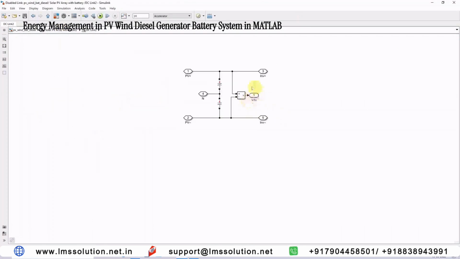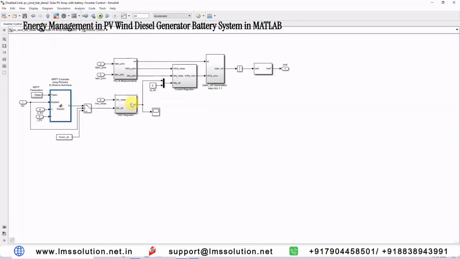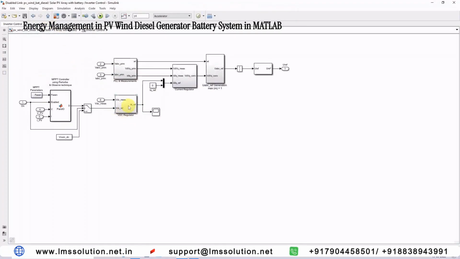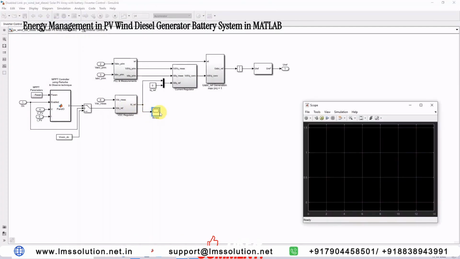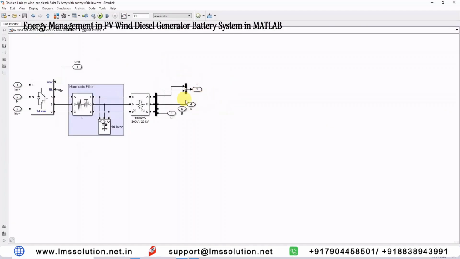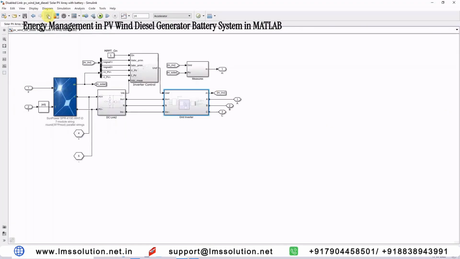The DC link voltage measured here is processed via a PI controller. This is the voltage regulator, and it generates the Id reference. This is the Id reference current, and here we need to measure the voltage of the grid inverter and the current of the